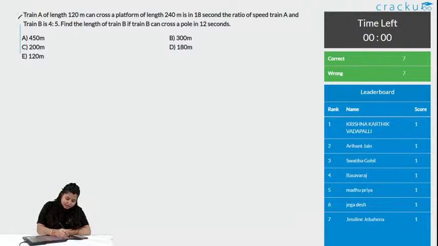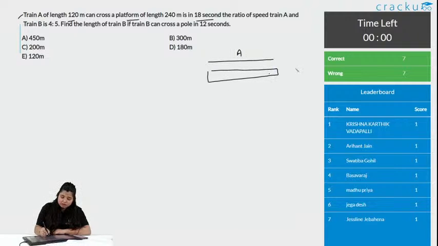Okay, first question is from the problem of trains. Remember, whenever the seconds are given and the length of the train is given and it's crossing a platform, consider this to be a platform, and here is a train, train A. When it's crossing it, that means it's crossing the entire length of the train plus the entire length of the platform, that is end to end, right? So the total distance will be